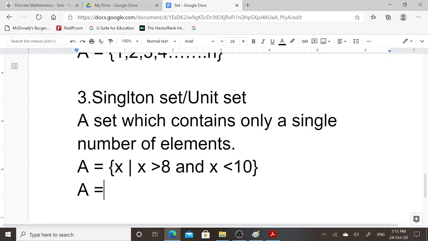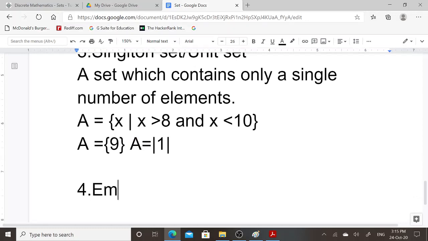In tabular form, only a single element is present, that is 9. 9 is greater than 8 and less than 10. This is an example of singleton set or unit set, and the cardinality of a singleton set is always 1.